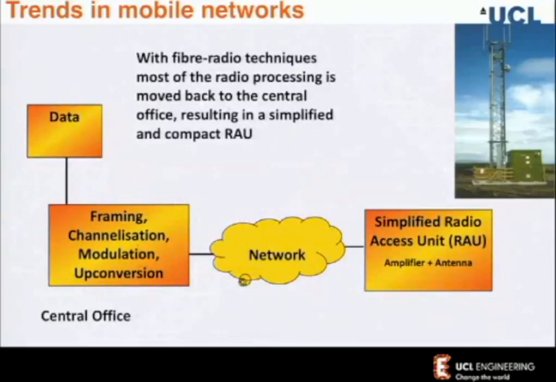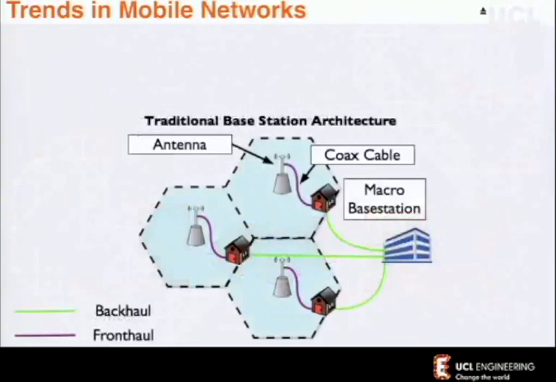Simplify what's going to be out at the front end, and make as much of the edge of the network transparent to modulation format, to frequency, if at all possible, quite a wide range of frequencies, and keep this as simple as possible. And do all the clever stuff further back in the network, transporting those signals over a fibre network. And this slide I've been using for 10, 12 years now, and lots of people have talked about it and never got that far.